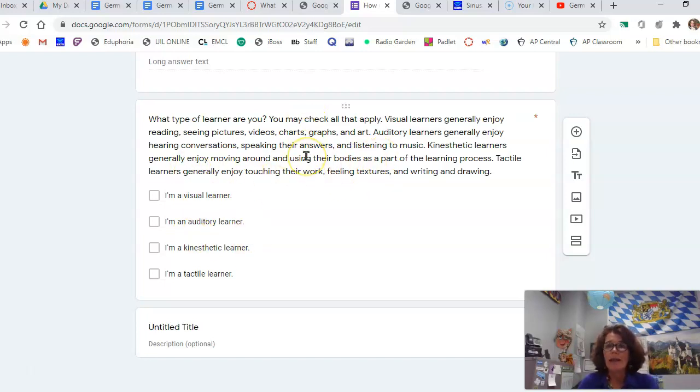Kinesthetic learners, you like to get up and move around, interact with your learning process. And tactile learners, you like to touch things. You're really good at doing science labs, things where you get to manipulate cards and things like that that you can learn with. So you can pick 1, you can pick 2, you can pick 3, you can pick 4. Maybe you learn pretty well using all of those. That's great. Personally, I would pick all 4 because either way, I'm going to learn something.